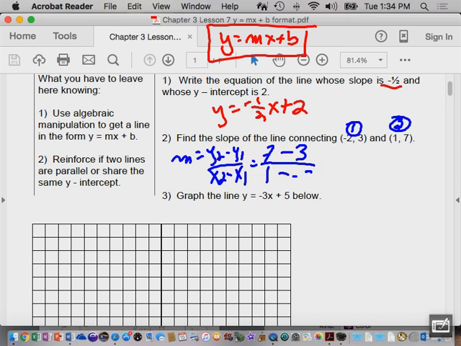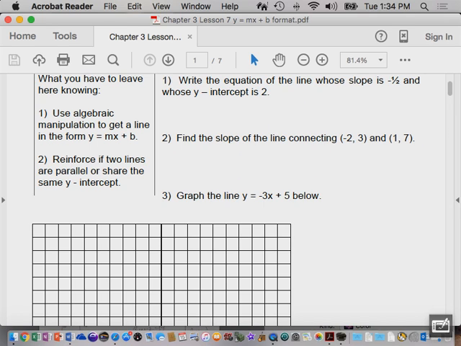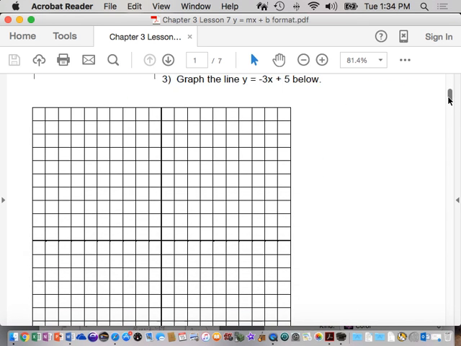1 minus -2. Does it always have to be subtraction? Yes, for this formula always. So I get 7 minus 3 is 4. 1 plus 2 is 3. So 4/3. I want to write these coordinates on the side here: -2, 3, 1, 7. The reason I'm doing that is because I want to scroll the page up a little,